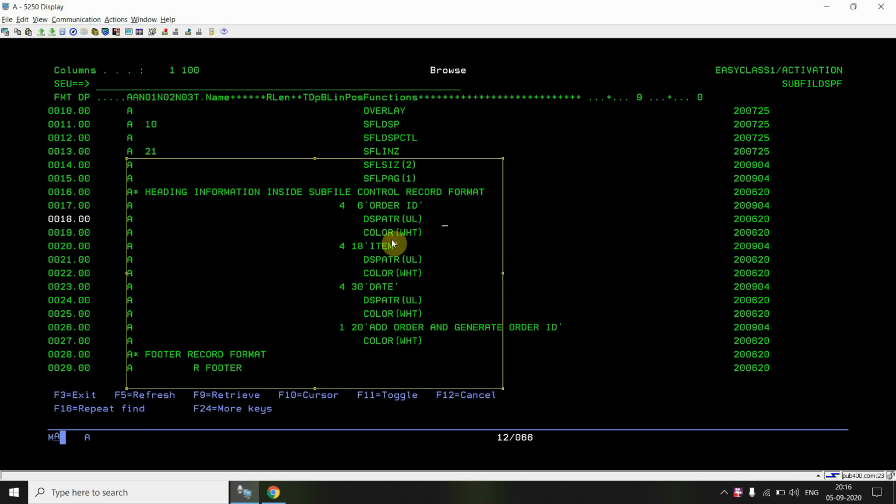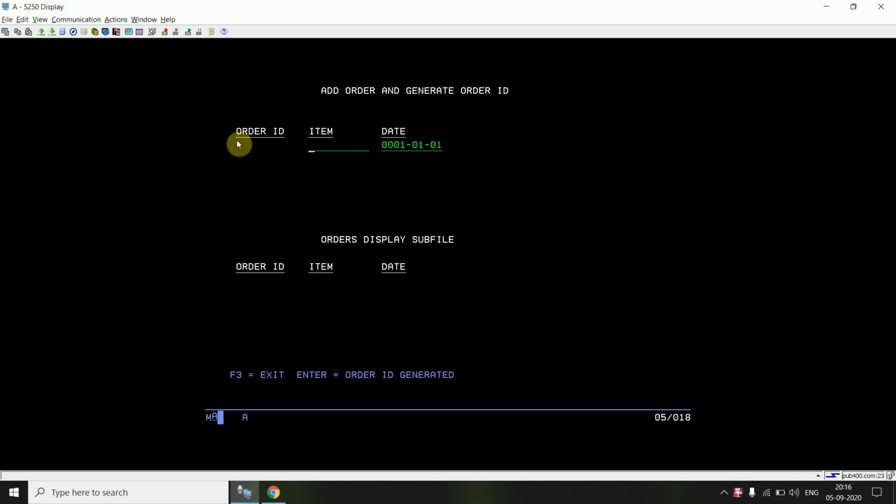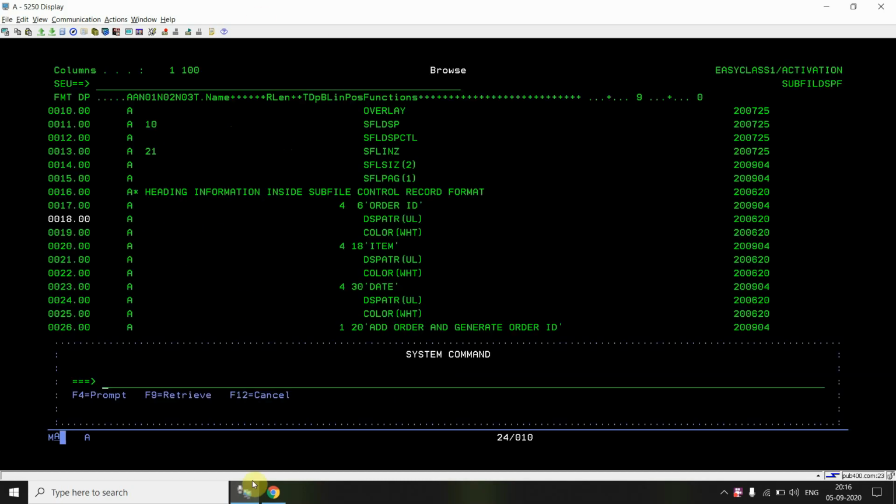I just showed you in the program, on the screen, that the order ID is also there, but I'm not entering it. I just mentioned the text so that one should know the order ID would also be there, and that it gets automatically generated.